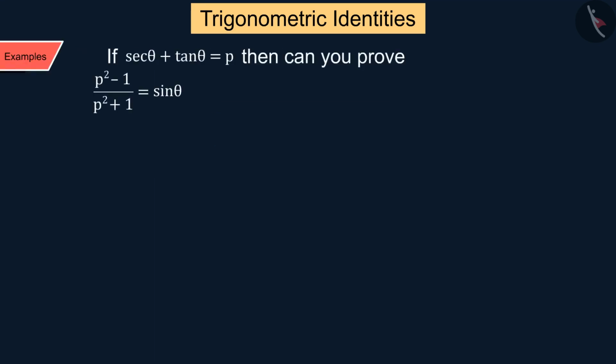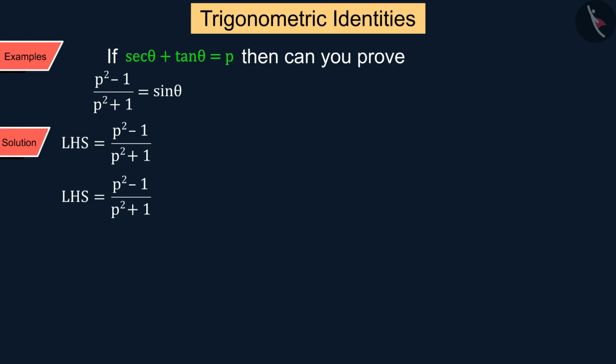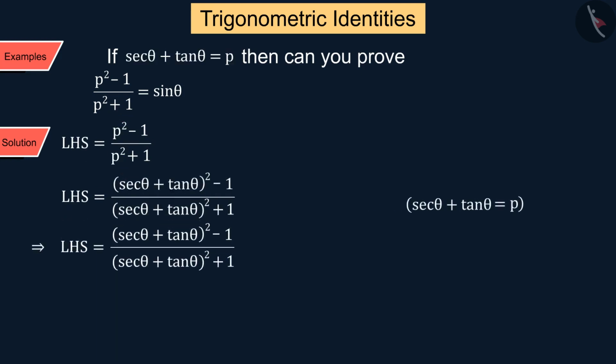If the value of sec theta plus tan theta is p, then can you prove that the square of p minus 1 upon the square of p plus 1 will be equal to sine theta? Let's see. We discuss the left side of the given equation, where, according to the given information, p is replaced by sec theta plus tan theta,